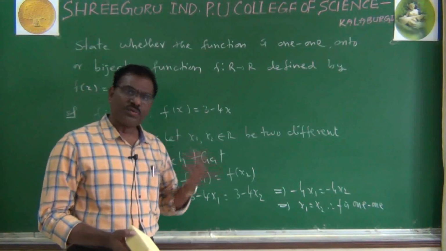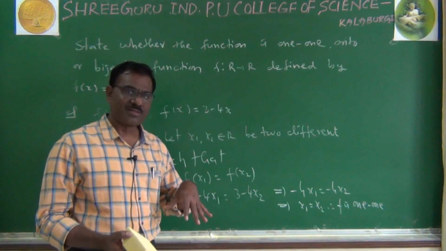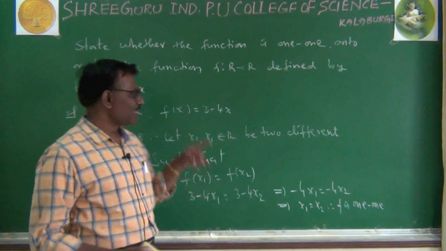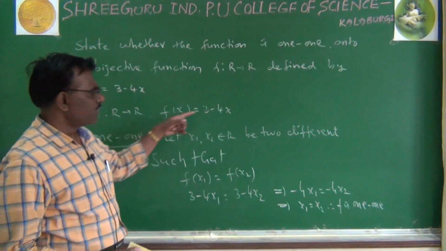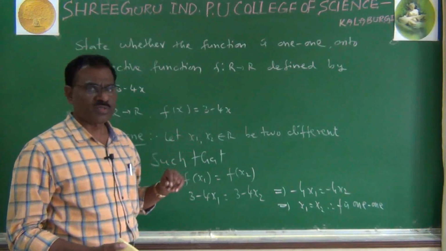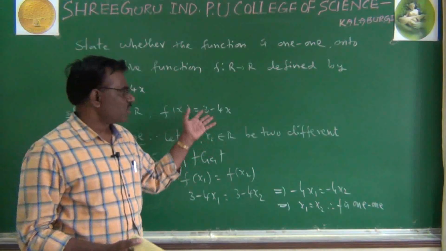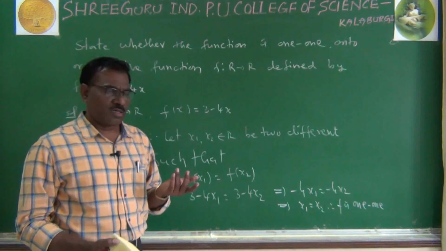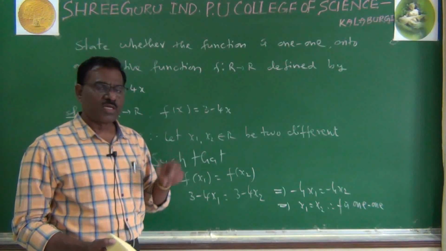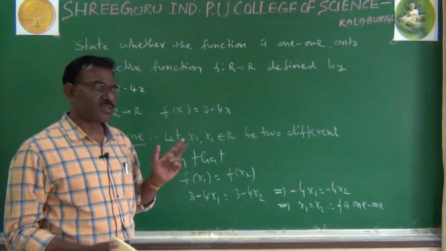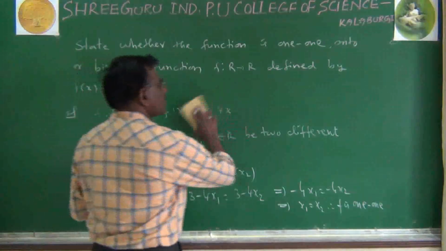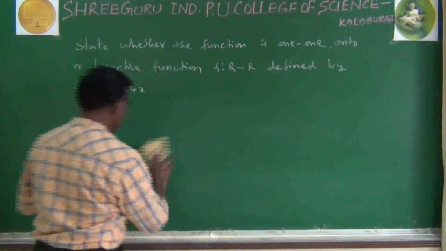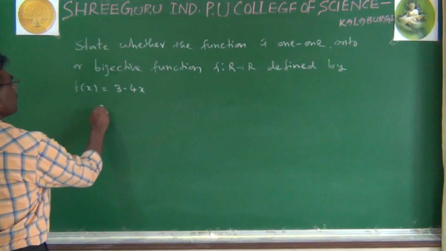But already before solving, you know that answer. This problem is both one-one and onto, simply you have to write, because it is linear. Even if it is quadratic, x square, it does not come, because if x square is there, it is neither one-one nor onto. Because a square quantity is always positive, negative and positive will get the same answer. But linear is always one-one and onto. The function f is one-one. Next one, onto.